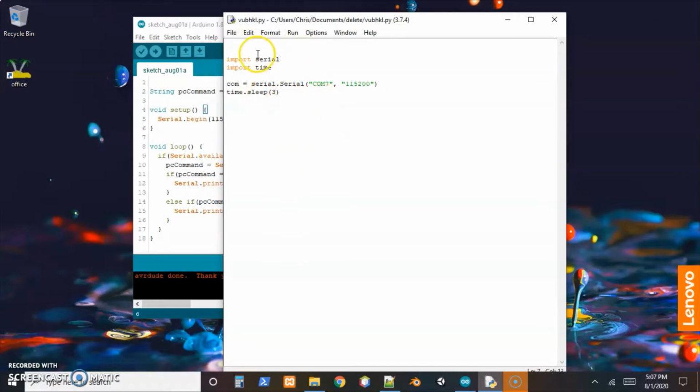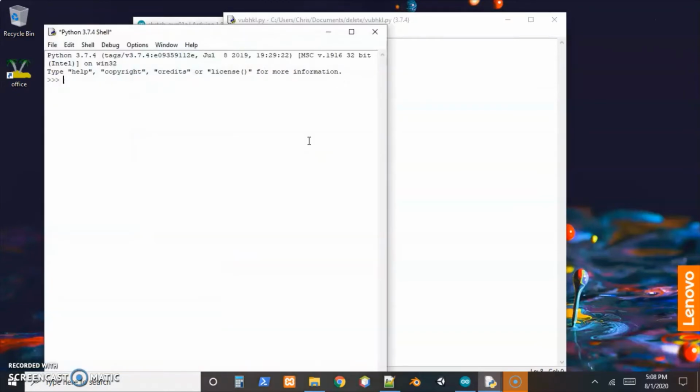So I just did it in Python here. So just set up a serial communication port, and doing it through Python, the microcontroller has to reboot. So then I just delay for 3 seconds, and then I'll have this variable to access it from. So if I go ahead and run this,